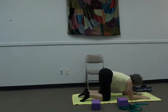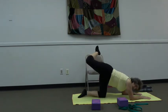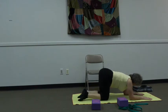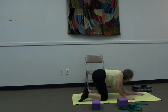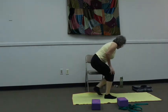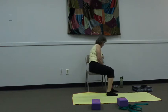Tummy's tucked in. Right knee comes to the side. Turn to look to your right. Coming back. Left comes up. Turn to look to your left. Coming back. Continue. In the chair, turn to the left side of your chair, lean so your side is resting